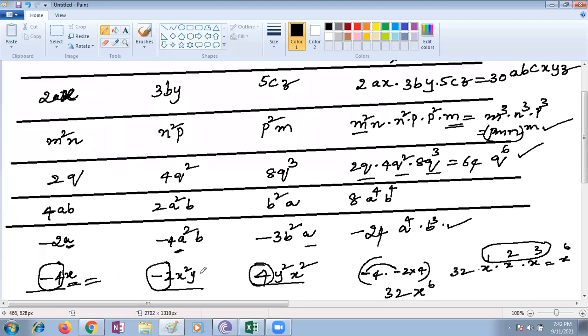Here no y. Ma'am, here y is there. Here y square. Y and y square together give y cube. x to the power 5. No, it's x to the power 5. In the third, 2 plus 1, x and x to the power of 2. Okay, sorry, I didn't see. It's 5 according to that. Okay, right. This is the way we can multiply.